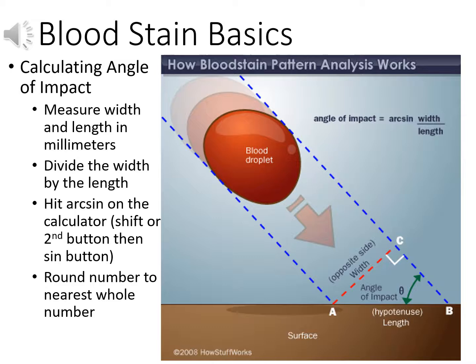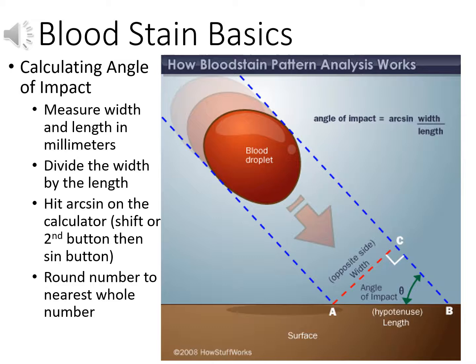Now that we know how to predict from the appearance of the blood stain the relative angle from 90 to lower angles, we could actually calculate that angle of impact if we were to measure the blood stain. So we measure the width and length in millimeters, we divide the width by the length, and then on your calculator you'll hit arc sine or inverse sine, as you may have learned it. So it's the shift or the second button, and then the normal sine, by hitting shift or second, that turns it into the inverse sine or arc sine, and you'll round that number that you get to the nearest whole